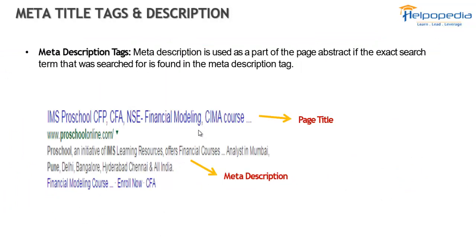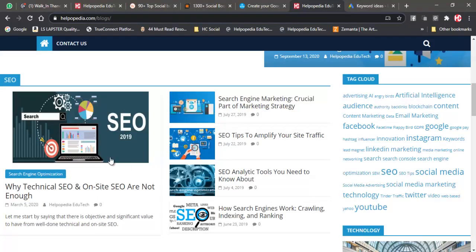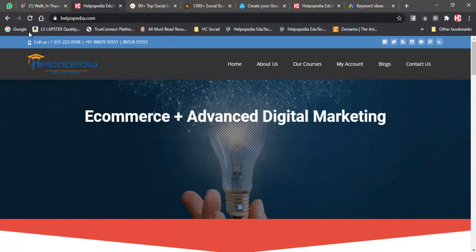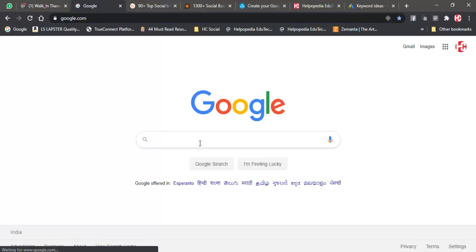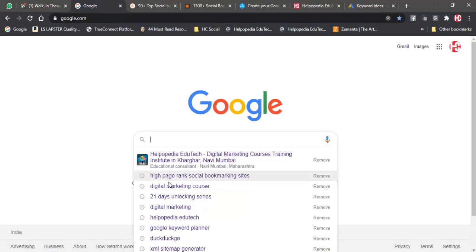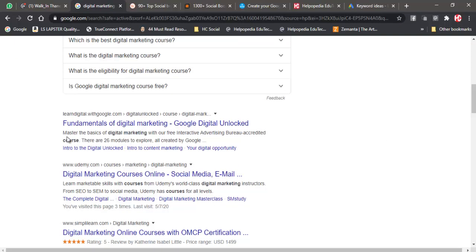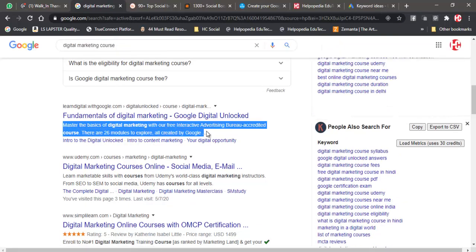And the meta description also. Meta description is something wherein, say, if I just go to Google over here and I search for any keyword, whatever you see over here is called the meta description.